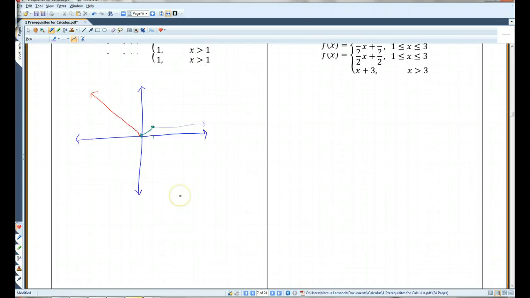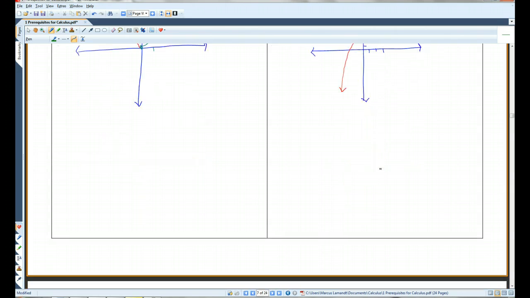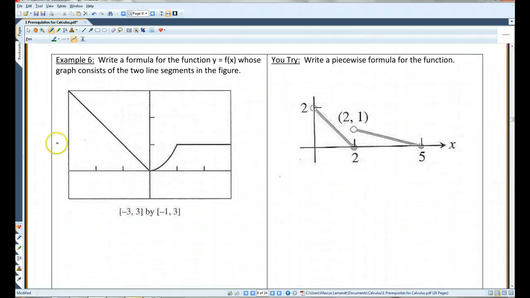Okay. You guys go ahead and try this one. Alright, this is the graph you should have gotten. It's important to note that the pieces of the graph do not connect, unlike in here. Okay? I like that. Alright, so here now we're going to be working backwards. It says write a formula for the function y equals f of x whose graph consists of the two line segments in the figure. Actually, I think there's 3. So this one